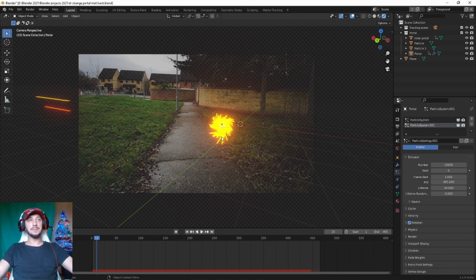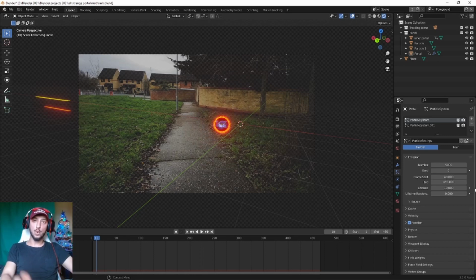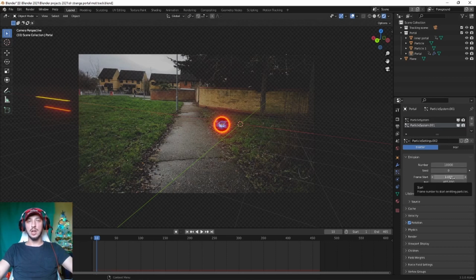So first off, let's take the first particle system settings, and let's make the frame to start around 40. Then let's go to particle system number 2, which is particle system number 1, and maybe to start around,